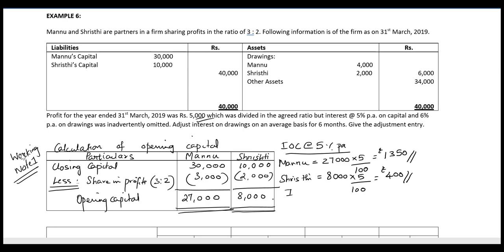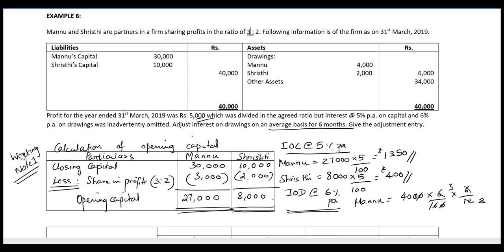Let's calculate the interest on drawings at 6% per annum. For Manu's drawings, rupees 4,000. The rate of interest on drawings is 6 divided by 100, and they've asked us to calculate for an average period of 6 months. So for 6 divided by 12, which is equal to rupees 120 for Manu,